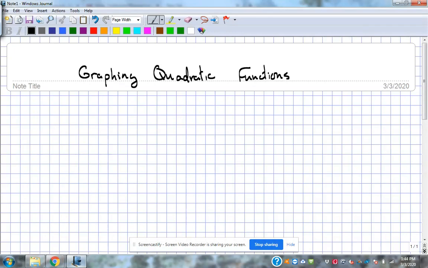Graphing quadratic functions. The shape of the graph is called a parabola. P-A-R-A-B-O-L-A. Parabola. Say that. First, to be able to learn to spell it,